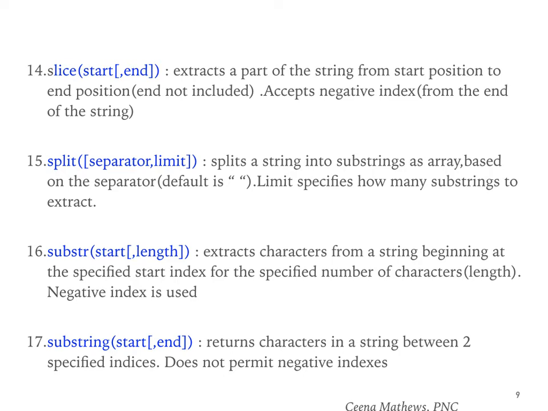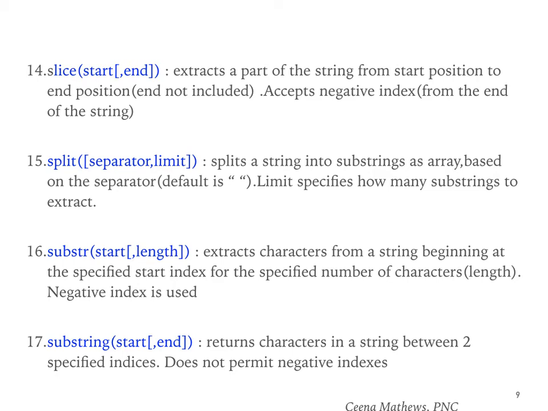It accepts negative indexing also. If negative indexing is used, it will extract the part of the string from the end of the string. And end is optional. If end is not given, it will slice from the start position to the end of the string.